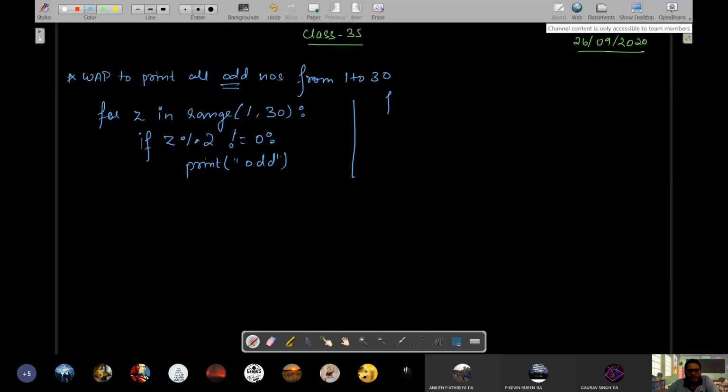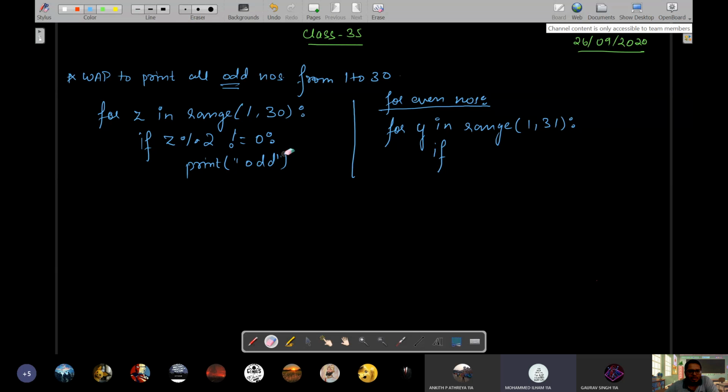For even numbers the program will be: for y in range 1 to 31. Sir, why are we adding print odd? It should be print Z, no? अच्छा, we will print like that.